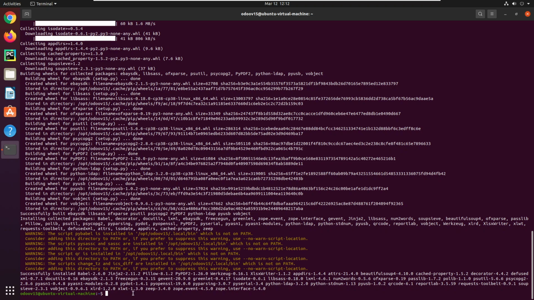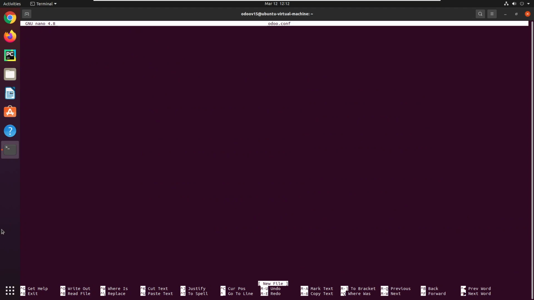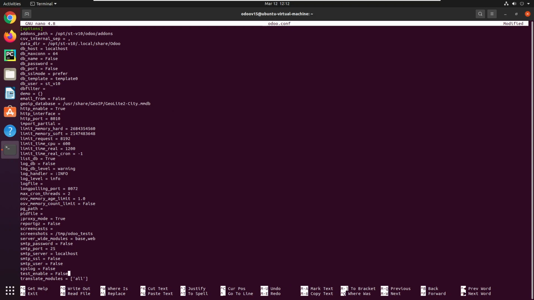So what we will do, we will use the command nano odoo.conf, and here we will copy all the configuration that I have done for Odoo 14 also, but we will have to make some changes. We will add here the port number 8015,